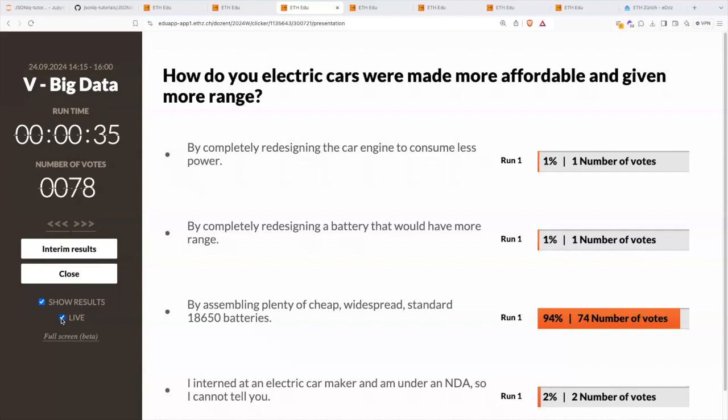Or maybe some of you know and can't tell us. Well, okay, I think that's a pretty clear majority here. So you see, this is a widespread way of scaling up in life. It's not just for data centers, it's not just for batteries. You just assemble plenty of small and cheap components, and we'll see that's called scaling out.